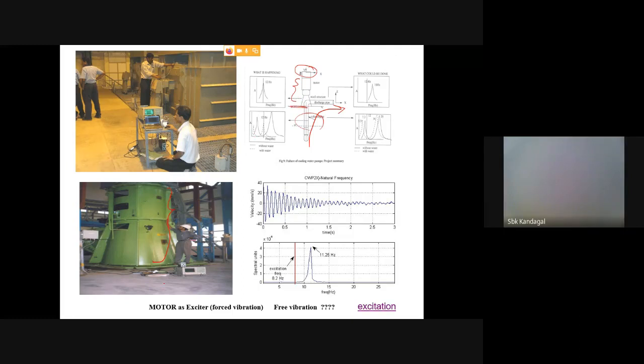Below this you have a 40 centimeter thick RCC slab. Below that you have a big pond, like a water sump, which is connected directly to the sea. It gets the water here, and then this column pipe will take the water and send it for cooling purposes. You have a motor here which will churn the impeller at the base. What you are seeing here is the motor assembly, which I will mark as part B, and this is part C, the stool structure.